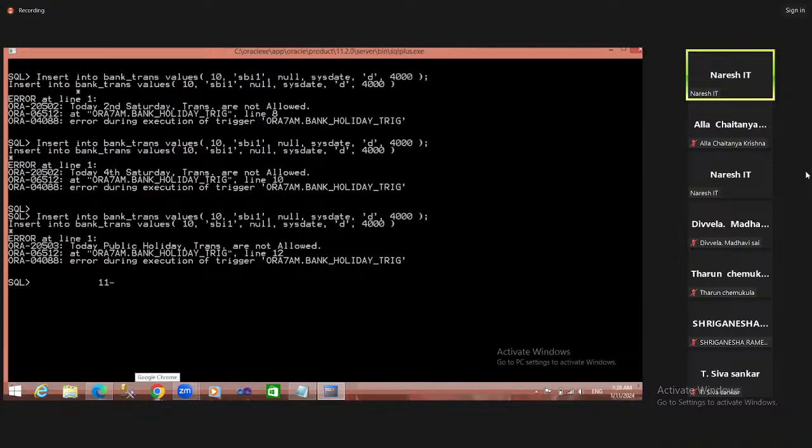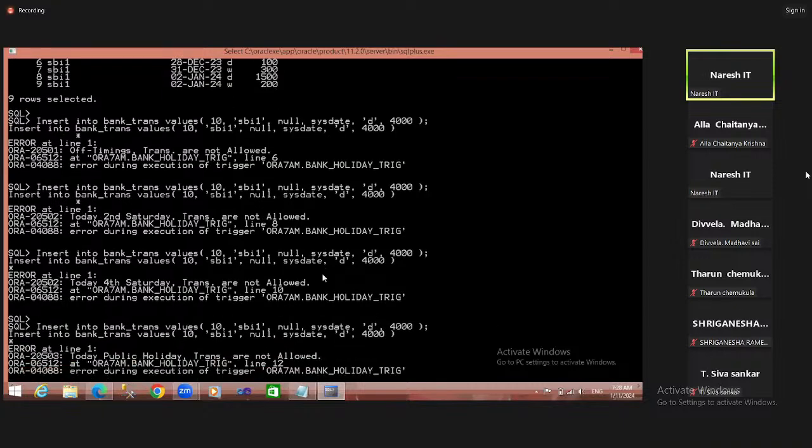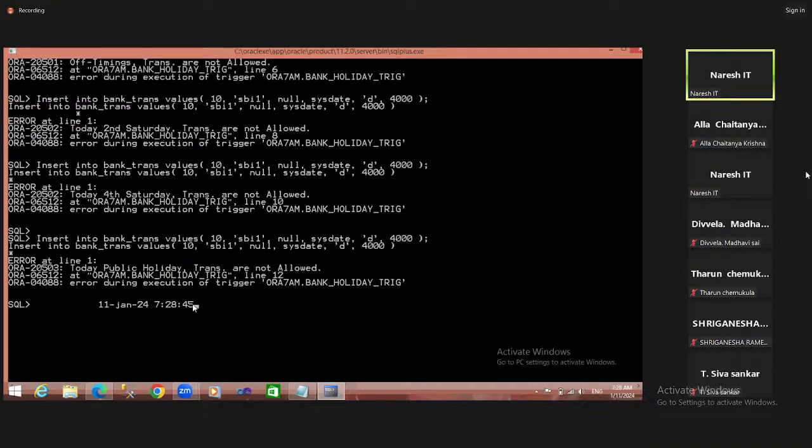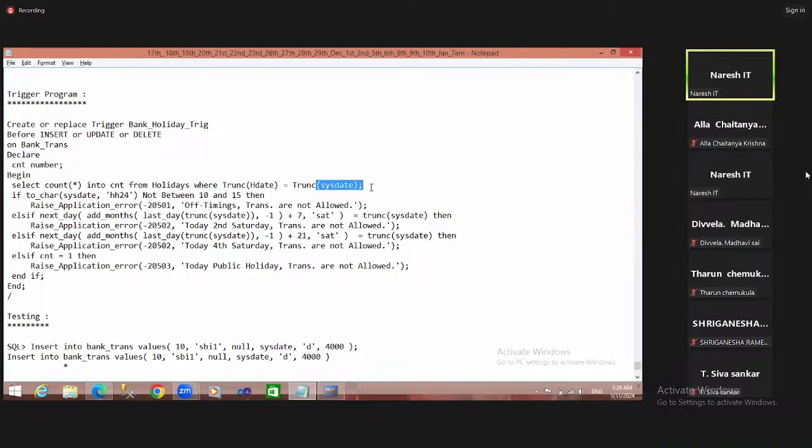That means 11th January 24 and 7:28 some 45 seconds. Once you try to insert sysdate, current date and time is taken. Current date is 11th January, time is 7:28. Okay. This is a sysdate. Here I can explain. Sysdate is taken in this scenario. If you are not using the truncate command, Pushpesh,